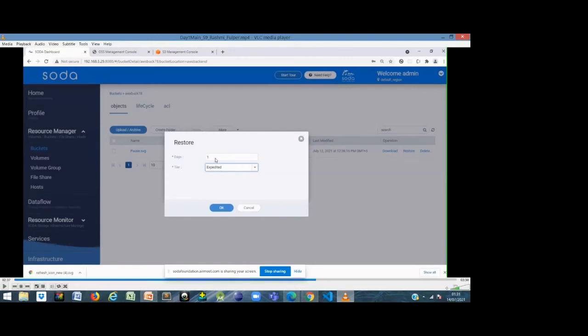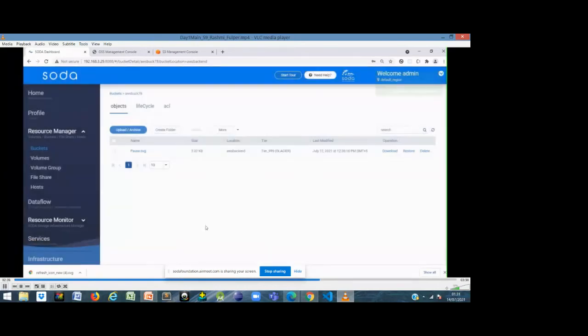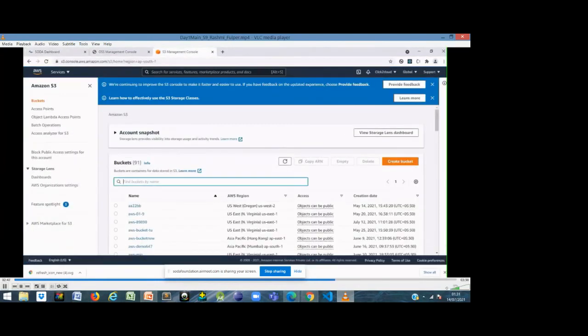You can specify the number of days and the tier. If the user selects expedite, it will return data in 1 to 10 minutes. If the user selects standard, it returns data in 1 or 2 days. And if the user selects bulk, it will return data in 1 to 2 days or 1 to 15 hours. Then click on OK. Restoration is applied successfully, and after some time, the user is able to download this object.